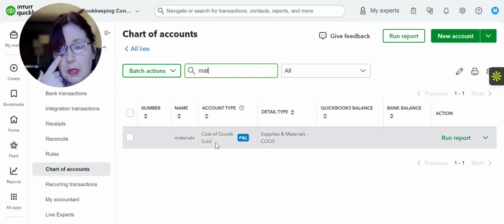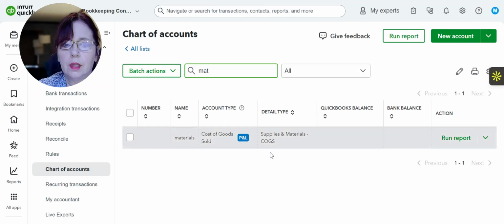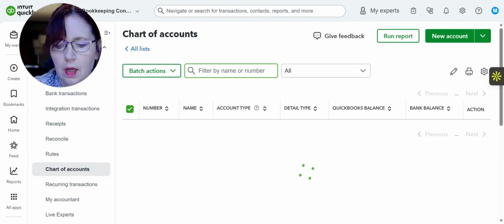So I have materials under cost of goods sold. When does it go into cost of goods sold versus an expense for your business? If you wouldn't buy it without having the job, then it goes into expenses. If you buy it exclusively for that job, then it goes into cost of goods sold. And that's how it measures the profitability of your job. So I did that for materials. Let me show you. And then I did it